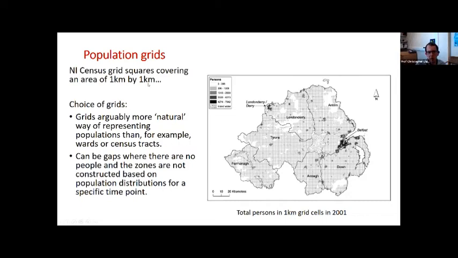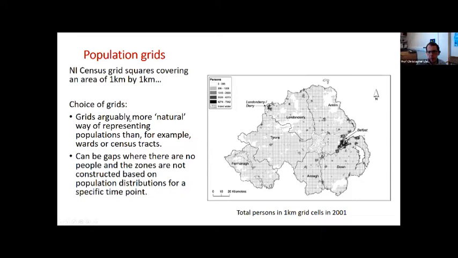So we've got 1 by 1 kilometre grid squares. In Northern Ireland since 2001, we also have 100 by 100 metre grid squares. So we can look at this in a really, really geographically detailed way, but the thresholding means that we don't get the whole population. The smaller the grid cells are, the more people fall out of the data set because they fall below the population and housing thresholds that NISRA apply.